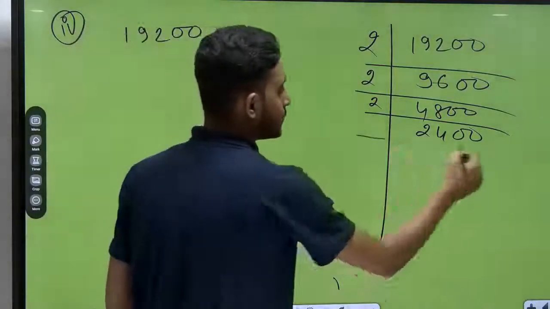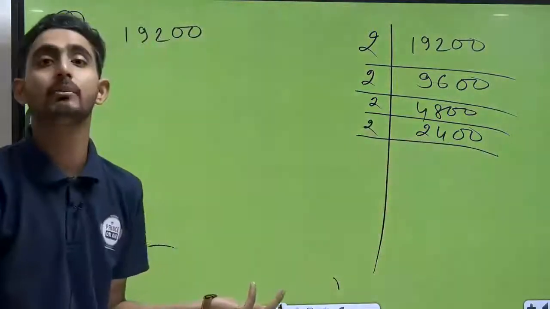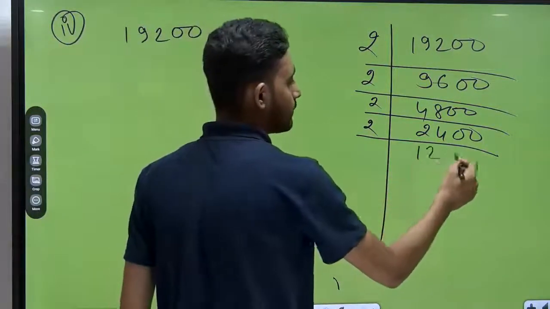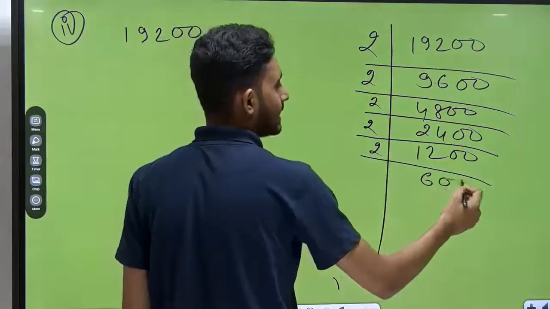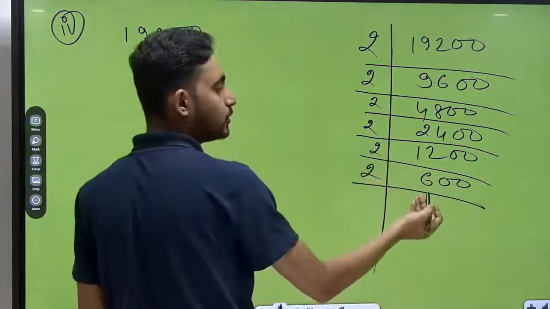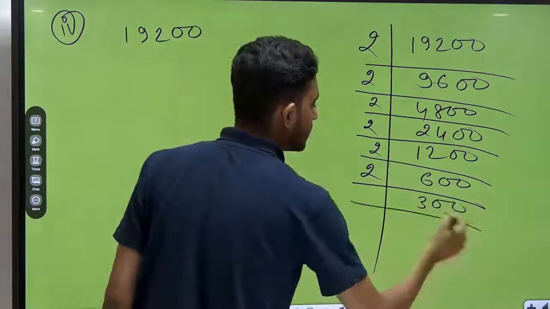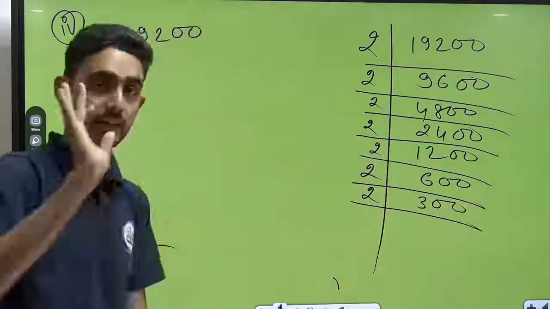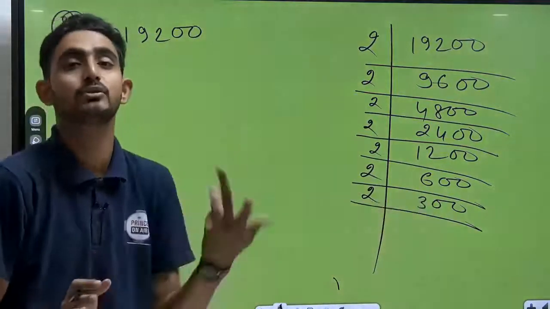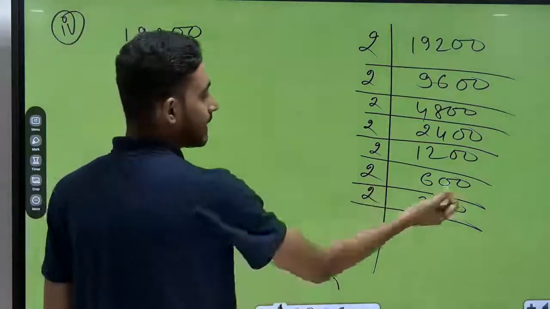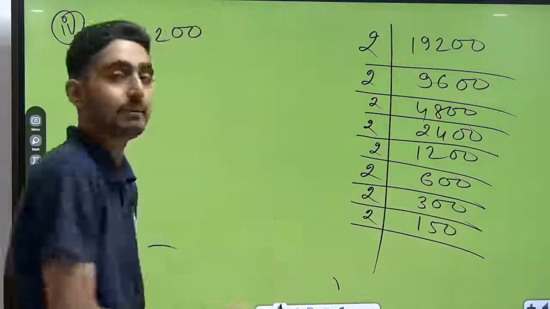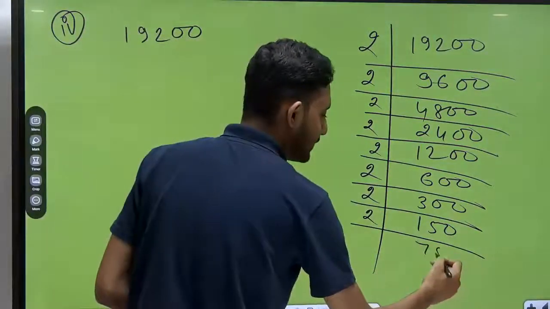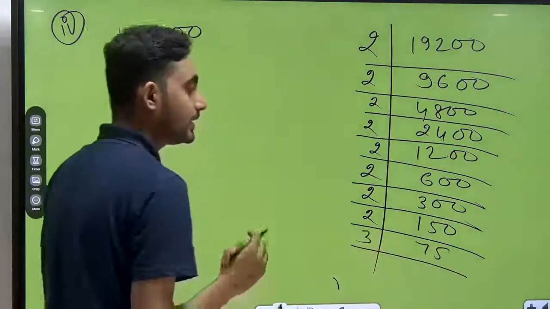48 divided by 2, that is 24. And again divisible by 2, 24 divided by 2, how many? 12, write down 12, 0 0. Again 2, 12 divided by 2, 6, write down 0 0. 6 divided by 2, 3, write down 0 0. Again 300, now take 300. You can't take 2, 3. अब 3 को 2 से divide करो तो point में आ जाएगा. So 300 divided by 2, 150. Write down here. 150 divided by 2, 75. Write down here. 3. Now we'll take 3.